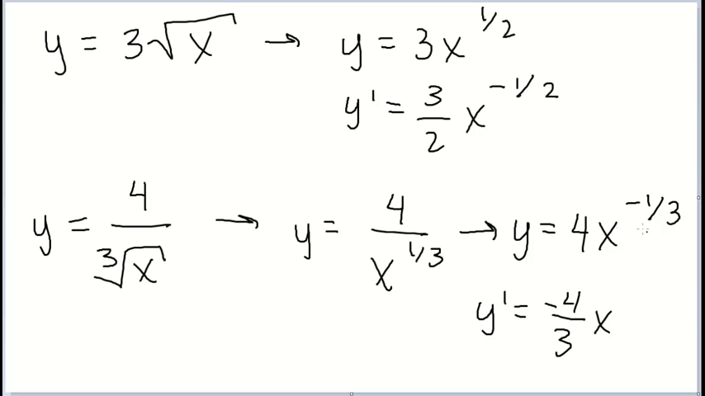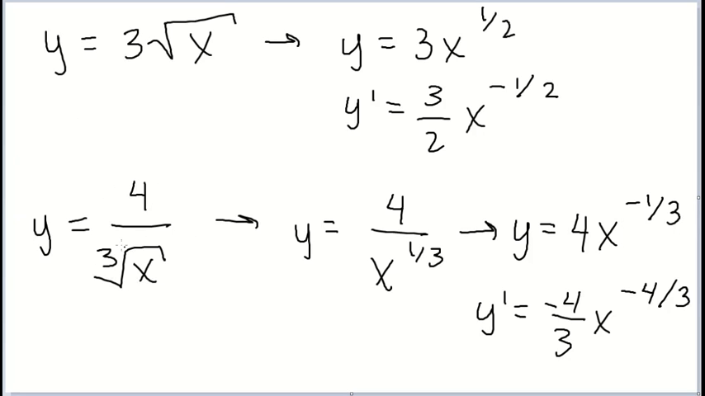And then we're going to subtract 1 from the exponent. So negative 1/3 minus 1 is going to be negative 4/3. And that is going to be the derivative. This y prime right here, negative 4/3 x to the negative 4/3, is the derivative of this function that we